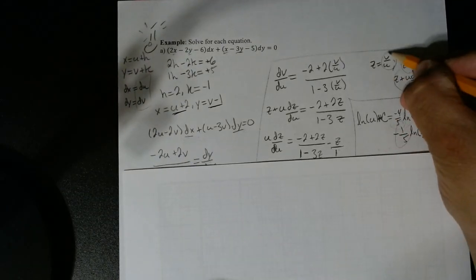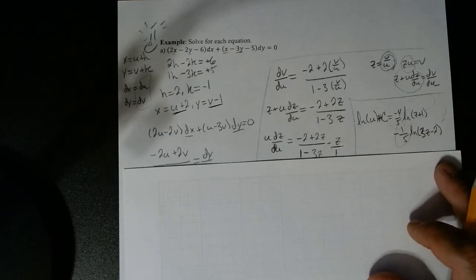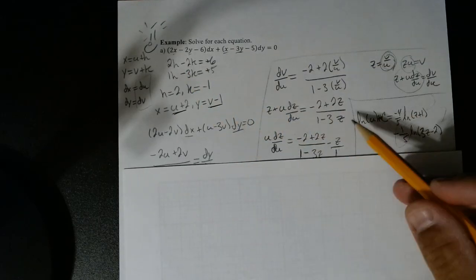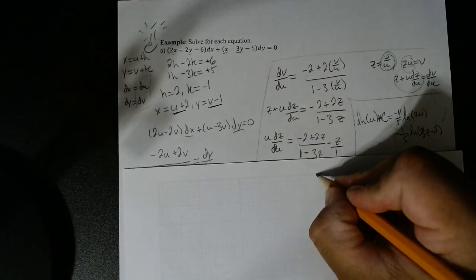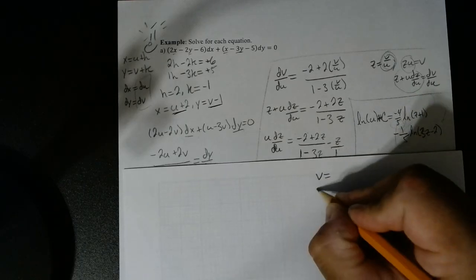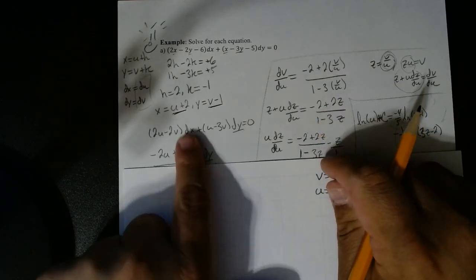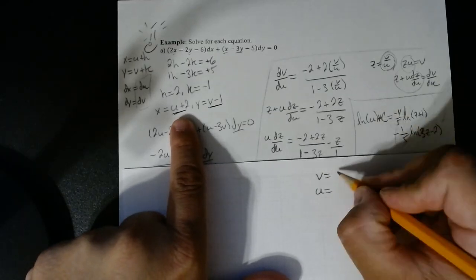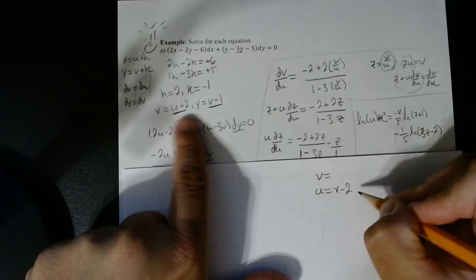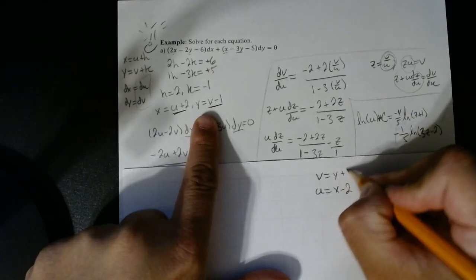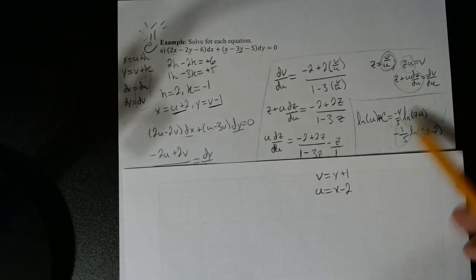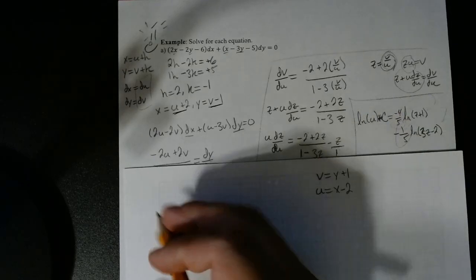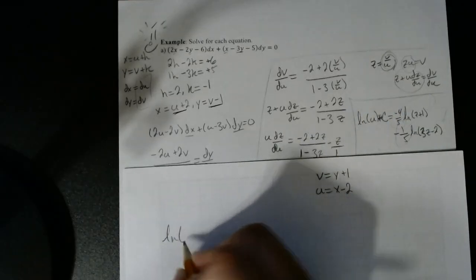z was v over u, okay? But we want everything in terms of x and y, so we just work our way backwards. So we just want to figure out what v and u are respectively based on what we have. And that means we go back here. So we just solve for u, so that's going to be x minus 2, and we solve for v, that's going to be y plus 1. So now we just revert everything back to its original. So for example, on this side, you'll have ln of u